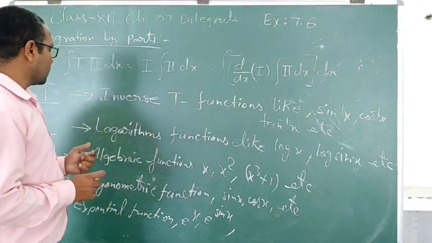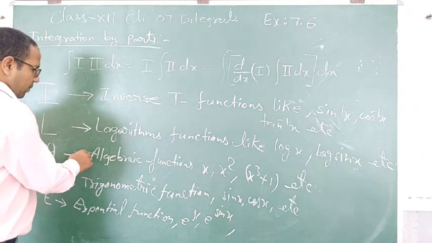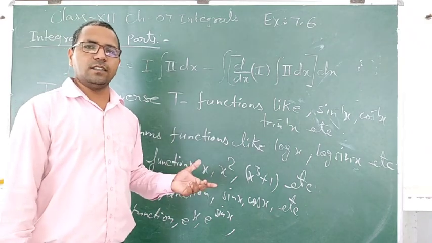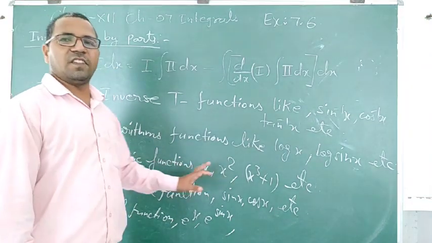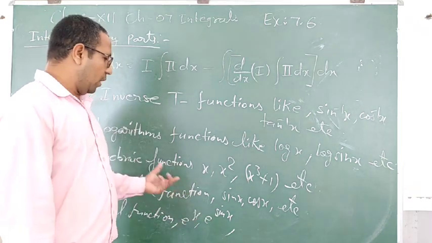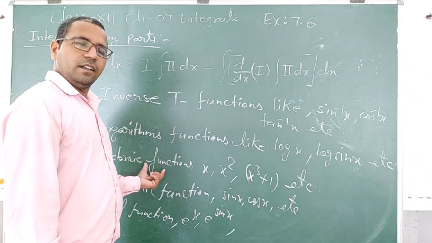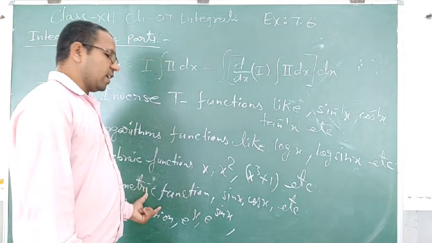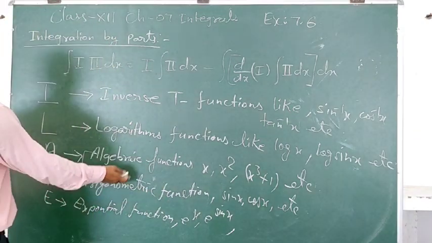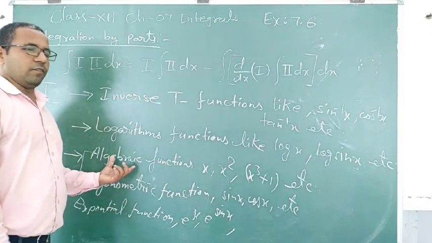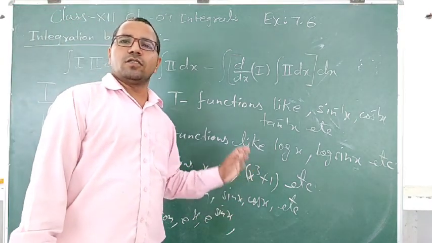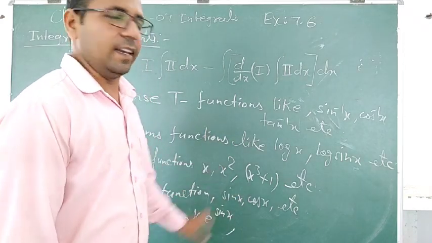In the same way, students, if it is a combination of algebraic and trigonometric functions, then you have to choose which one is the first function. That is, the algebraic function comes first and trigonometric comes second. So you have to take the first function as an algebraic function and the second function as a trigonometric function. Sometimes trigonometry is mixed into algebraic given here. So you have to take algebraic as first and trigonometric as second. Clear, students? So you have to remember this part in the form of Euler.